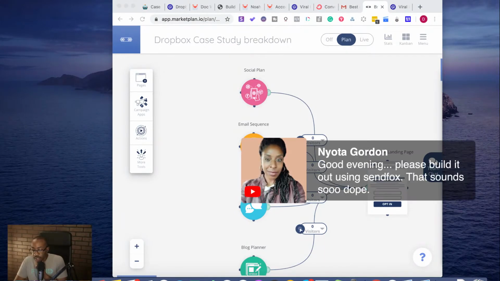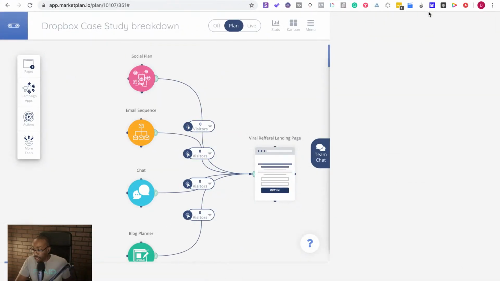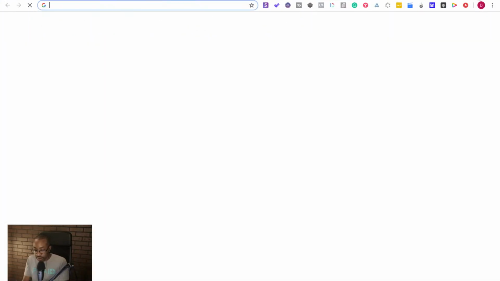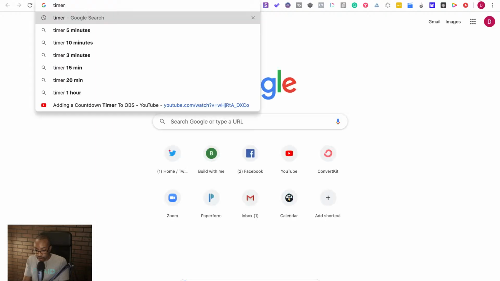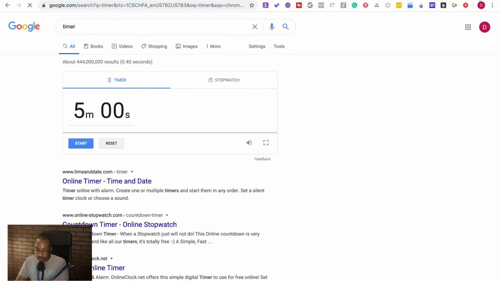Let's start building this referral program for SendFox. It's going to be really, really easy, and we're going to time it. Let's time how fast it will take. All right, let's get out the timer. Let's do this. Okay, stopwatch. Okay,